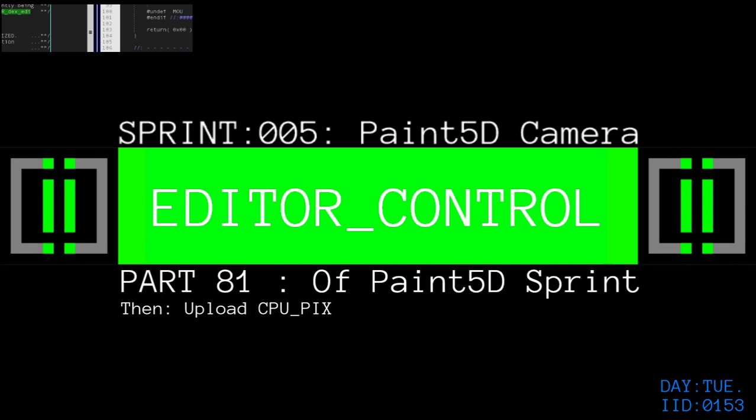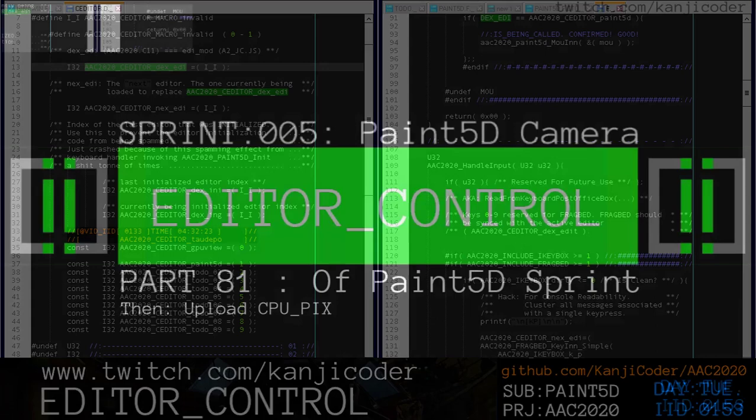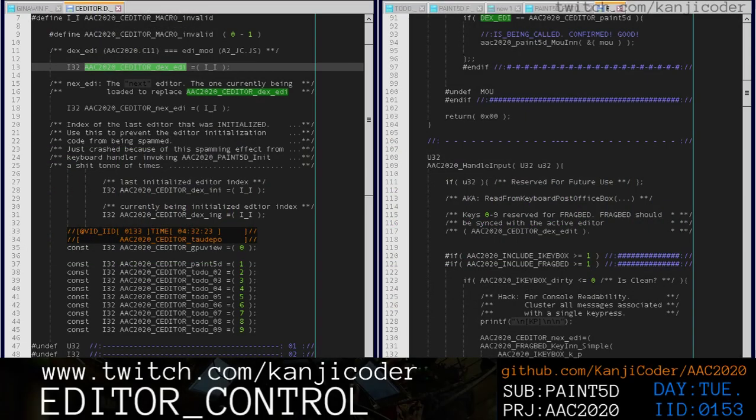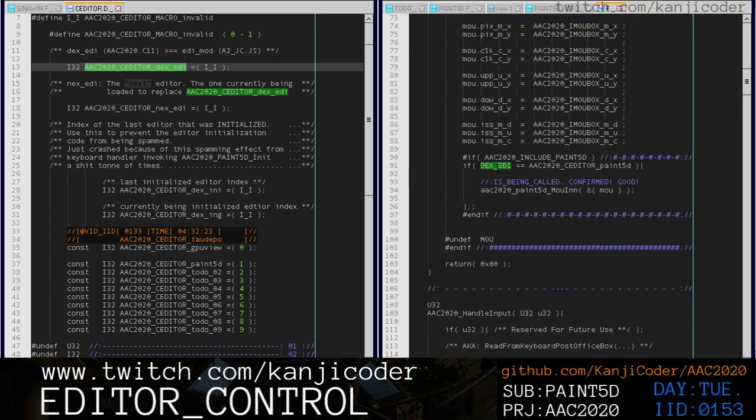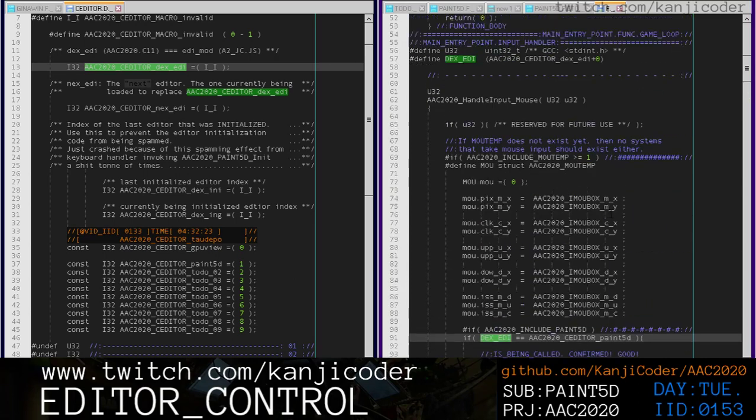Okay, so now we started. We're working on editor controls. We're specifically working on the mouse click. So, let's get to that. Right here,